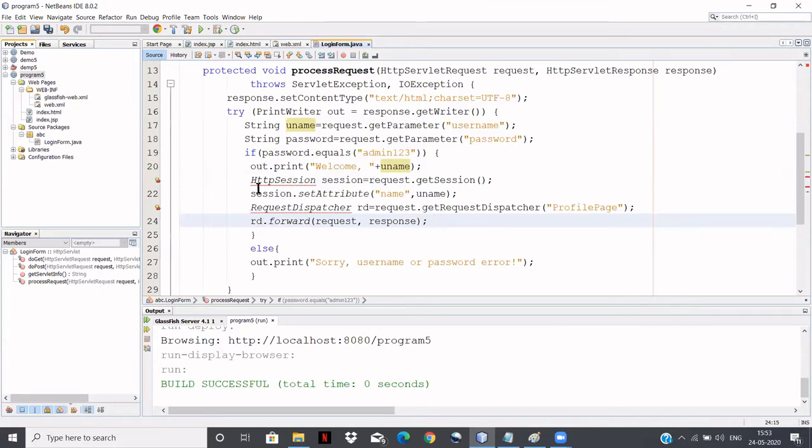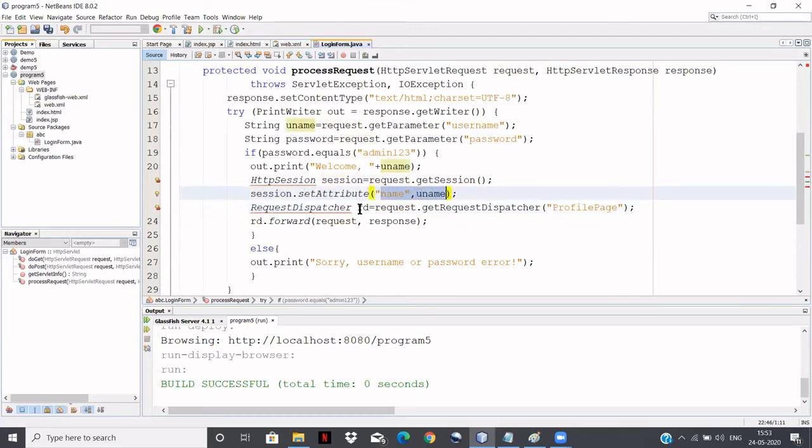Observe here, I'll use this HttpSession, right? Using request.getSession, I'll create a session and store it into this session variable. Then how to store the information using this session? Using the session variable, calling the method called setAttribute, you're going to store the name, right?